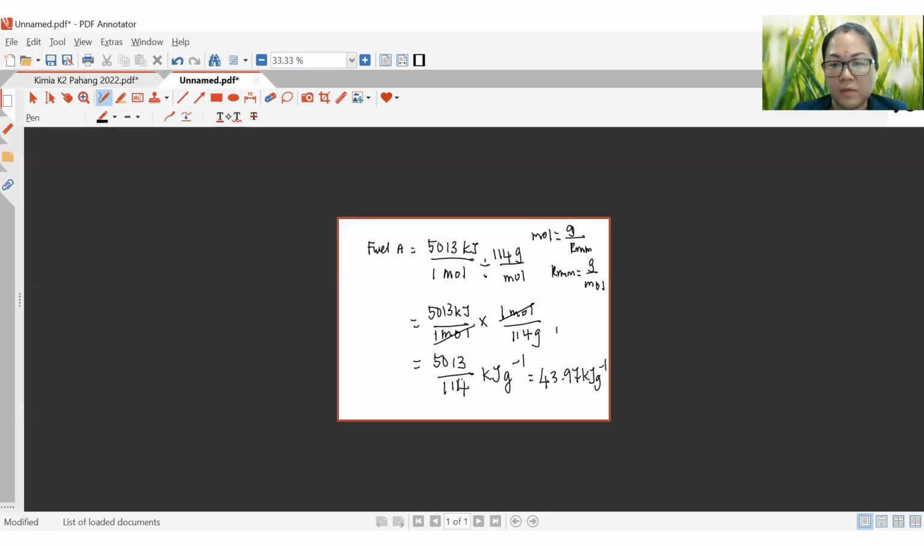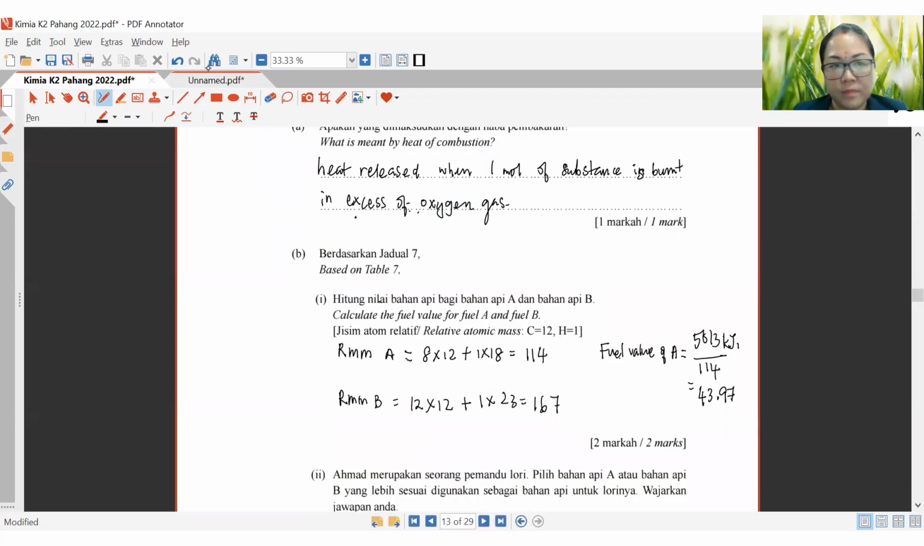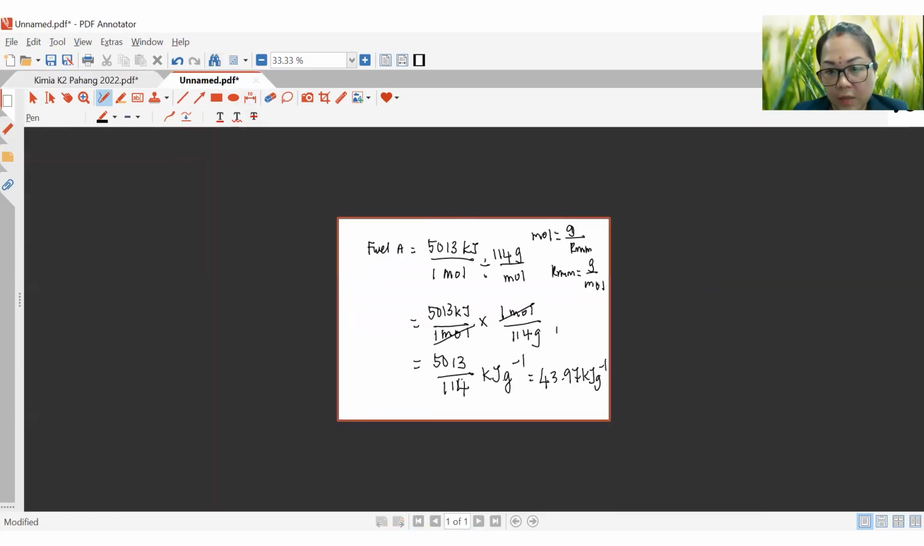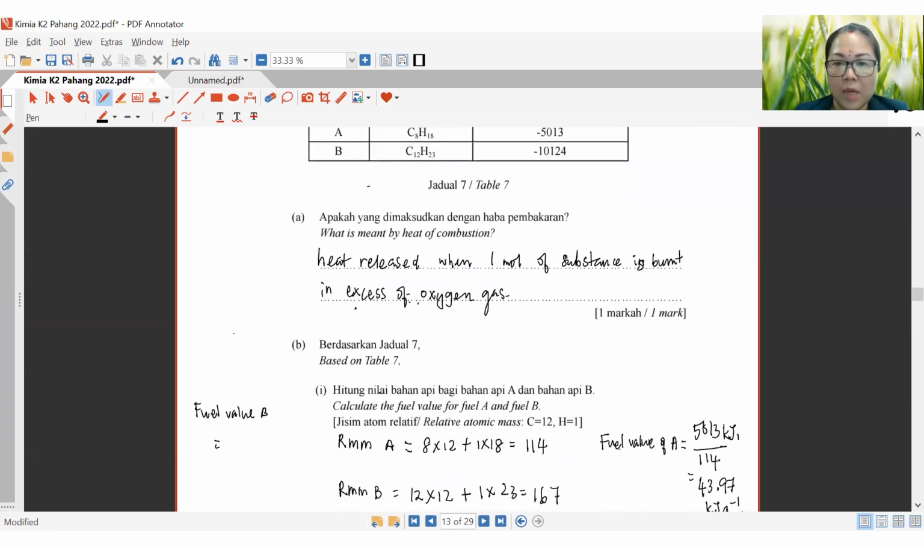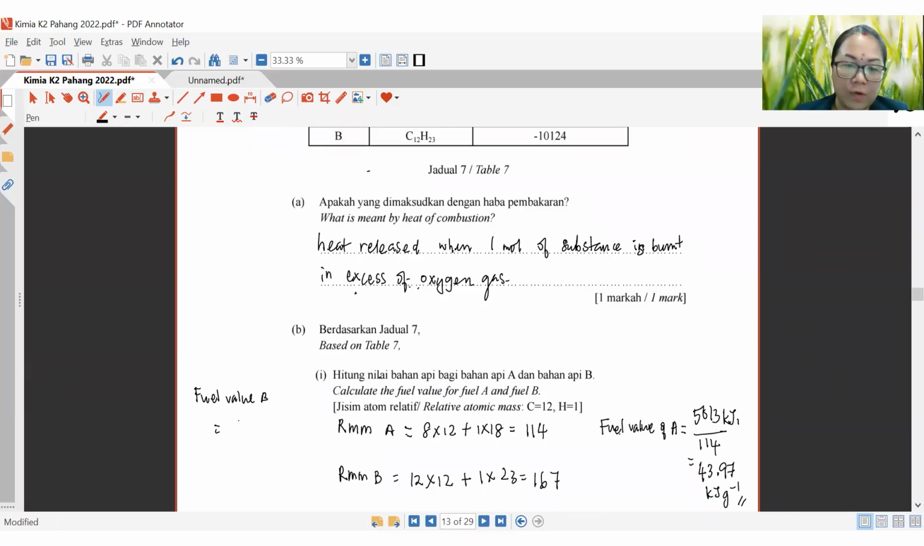Kilojoule over gram. Okay, kilojoule over gram. You need to write down the final unit, otherwise you will not get the answer. Okay, what about fuel value for B? Equals to how much are they? 10124